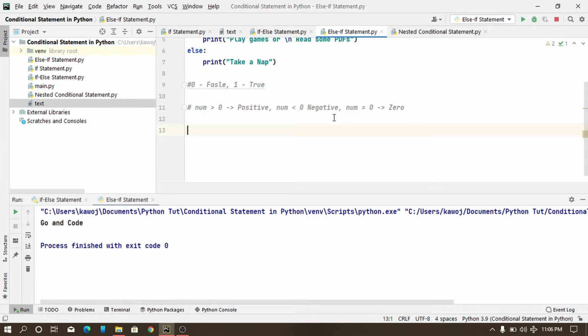Now to put this pseudocode into normal Python code, we have to create a variable by saying that num is equal to input. I want the user to input a certain number. So let it be an integer. We don't want a float number here. We can also make it a float, but just leave it as an integer. So we can say that if num is greater than zero, then print,